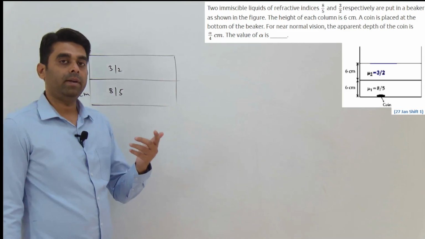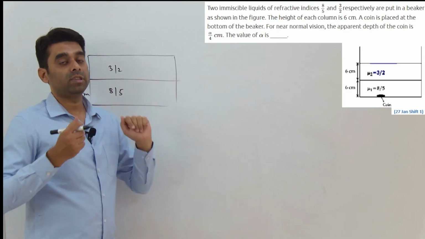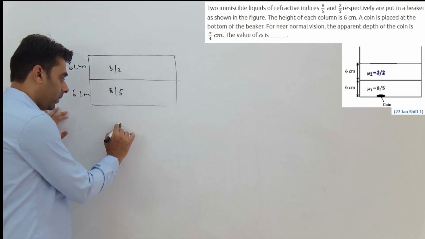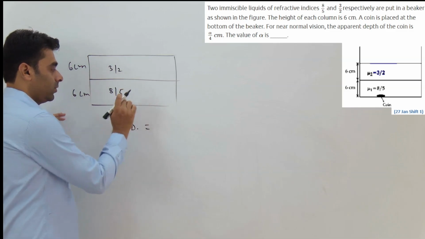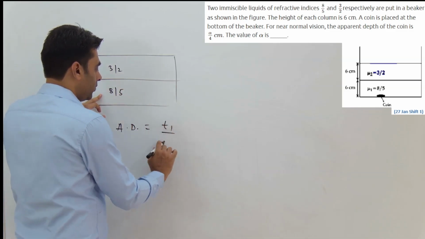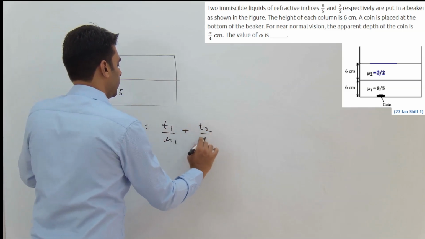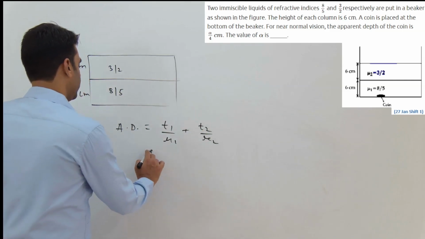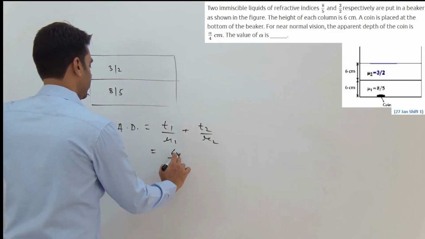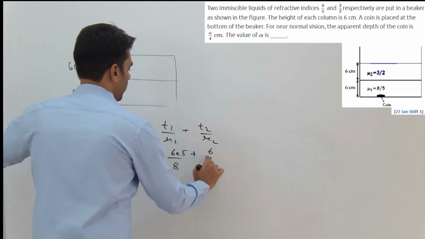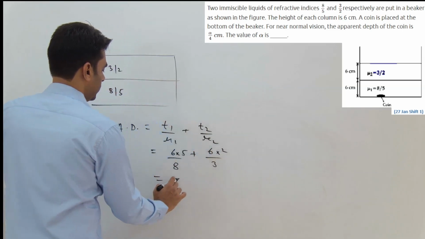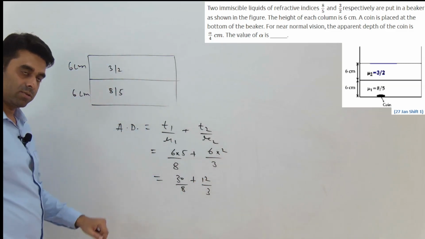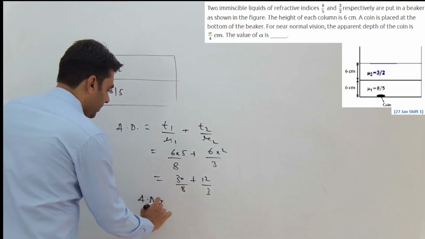Basically, these will act as composite slabs. The two layers will act as composite slabs, and we can write down the apparent depth as T1 by mu1 plus T2 by mu2. In case of a composite slab, this is our relation for the apparent depth. So T1 by mu1: 6 by 8/5 plus 6 by 3/2. When we solve it, 30 by 8 plus 12 by 3. When we solve this relation, our apparent depth will come out to be